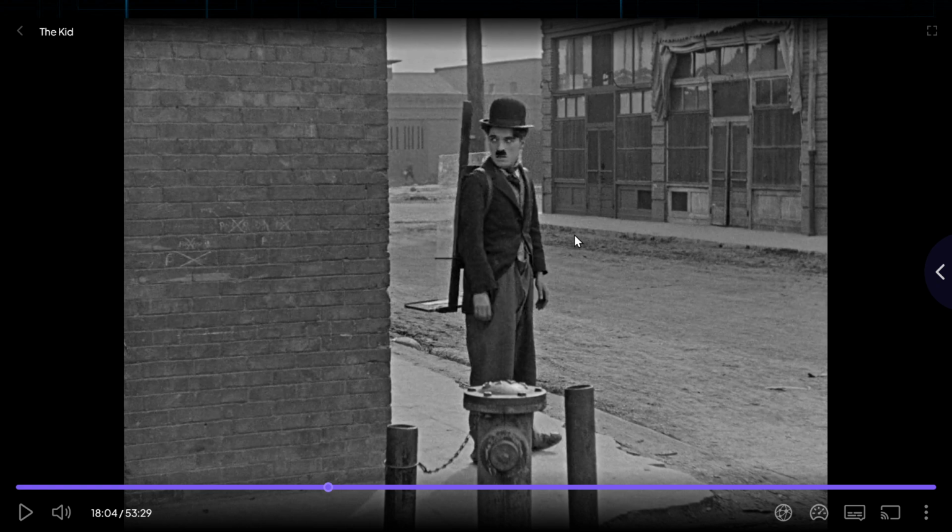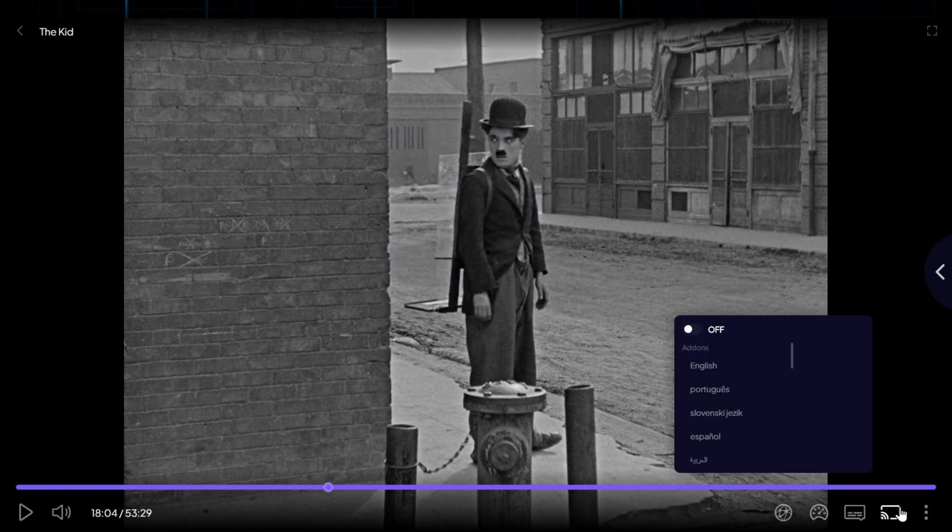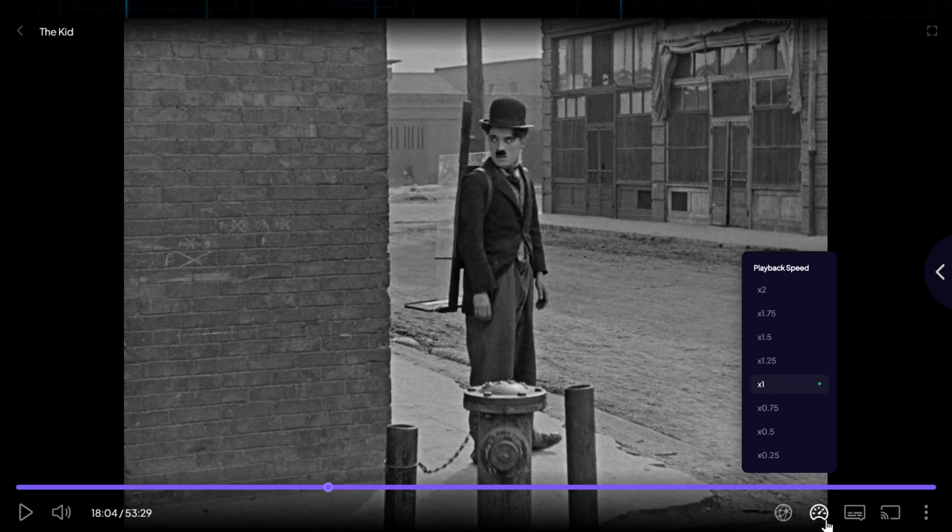Okay, so what I've done, I've just opened up a movie inside of Stremio. So from here, once you've opened up the movie, we need to pay attention to the bottom of the page here. So we've got the play button and the sound, but to the far bottom right, we've got different options here. We're going to hover over this button here, so we've got playback speed, and